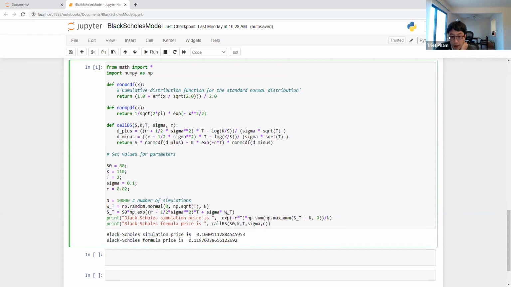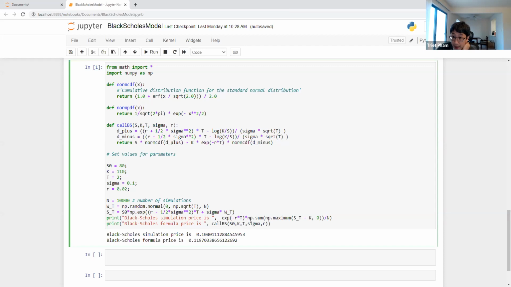So here again, there are two ways. The first way is just to do the Black-Scholes formula, which is to compute d plus, d minus, and then compute the N(d plus), N(d minus) terms. Where is it? Right here: S0 N(d plus) minus K e to the minus rT N(d minus). That's the Call Black-Scholes function. I plug in the parameters, and I get the price.